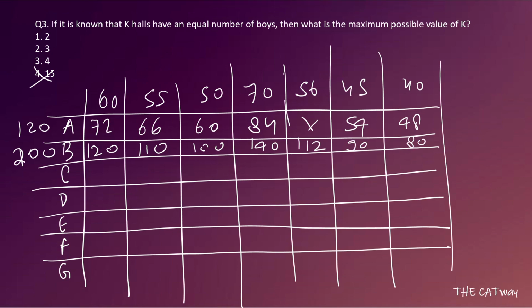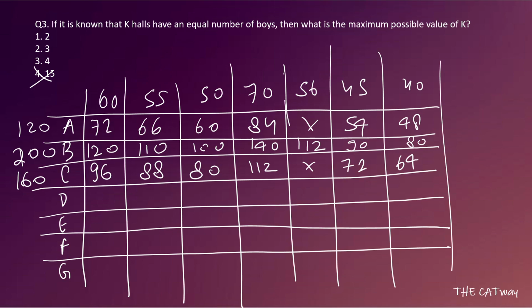Okay, so do we have anything repeating as of now? We do not have anything repeating. Let's say for 160, it will be 96, it would be 88, it would be 80, it would be 112, 56 would not be possible, it would be 64 and 72, then we would have 40%, that will be equal to 64.